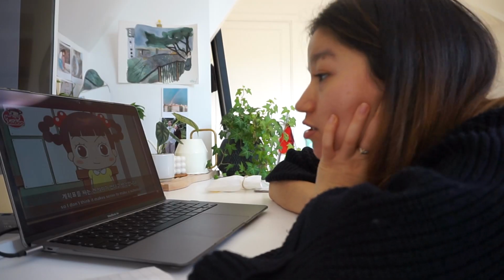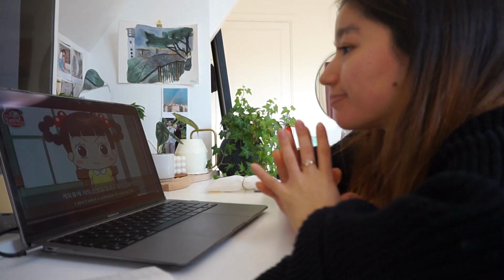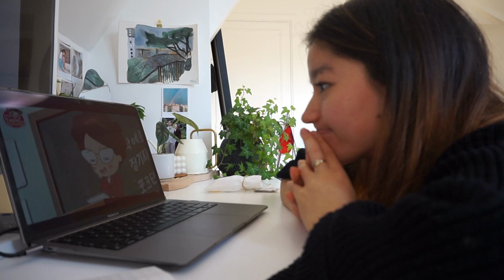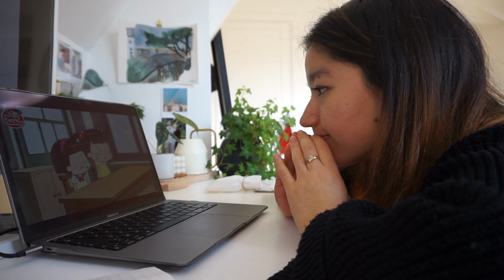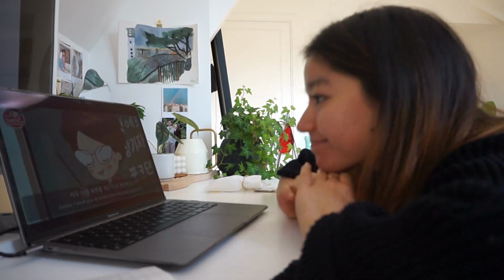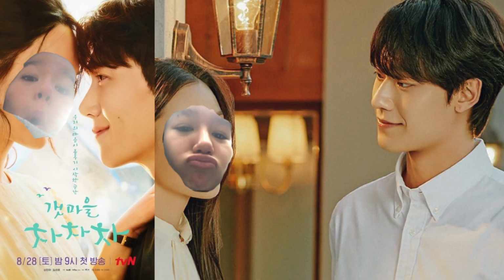And to be honest, I have whole pages dedicated to Jadu in my notebooks, and she has become one of my favorite characters now. It's fun to watch, but still very childish, so that might depend on your personal preferences. Otherwise, you could also do the same with movies or dramas, but I think that shows that are targeted towards children are a little bit easier to understand and a little bit easier to study from. So